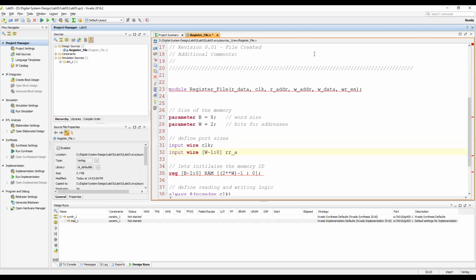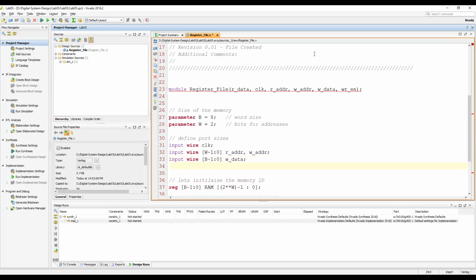Both the read address and the write address. Okay, so the addresses are defined, and then the size of the write data. What is the size of the data which we are going to write? W data. And what is the read data?